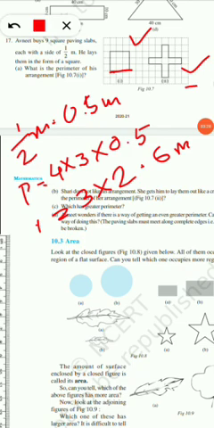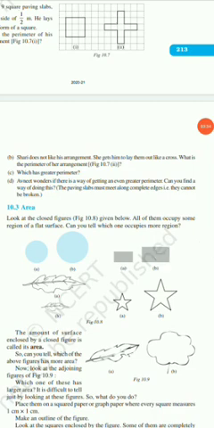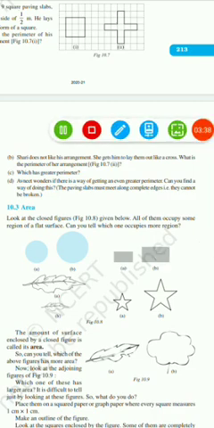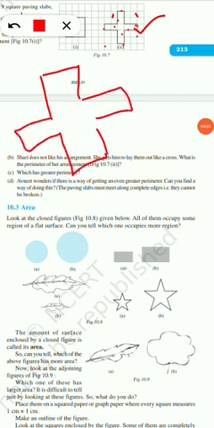Next question. Shari does not like this arrangement. She gets him to lay it in the cross manner, which is in this case. Okay. So now what is the perimeter here? Check. 0.5 plus 0.5 is 1. This side also 1. This side also 1. This side also 1. So 1 on each side. Now if I draw it in a big manner, it will become easy for you. So all the sides have become 1.